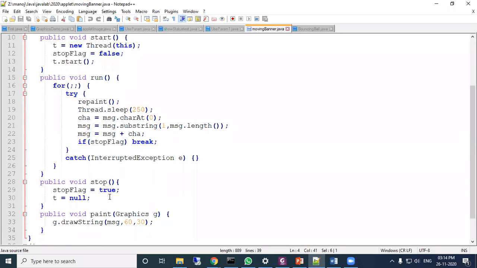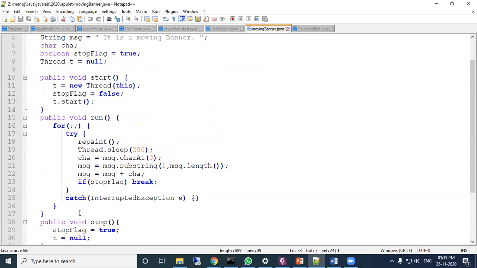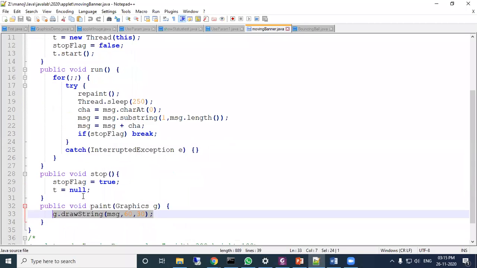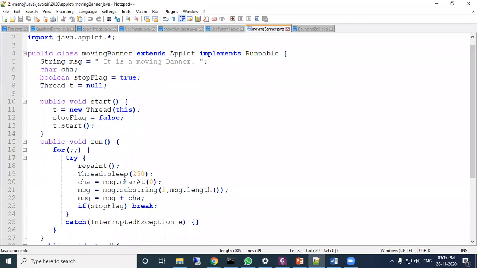Inside the paint method, g dot drawString(msg, 60, 30). So this is running. The intention of this program is to create multiple threads, and each thread will run separately and stop also. So this is a small program.